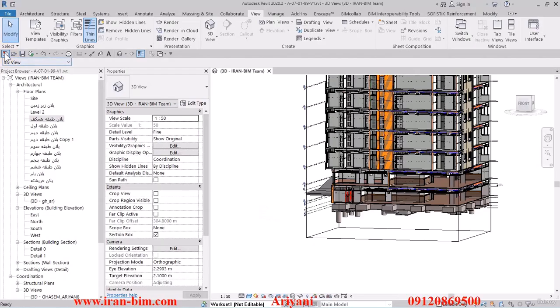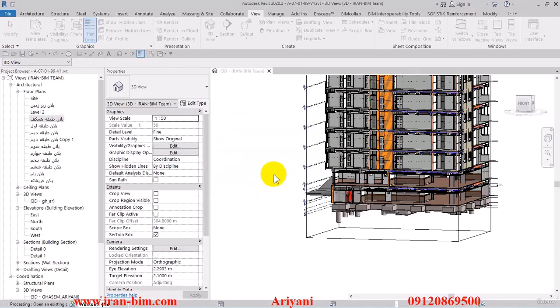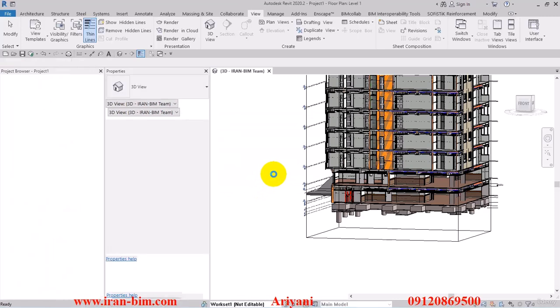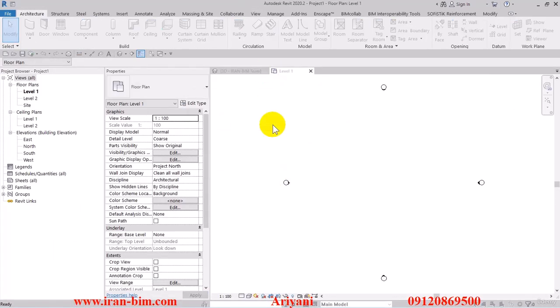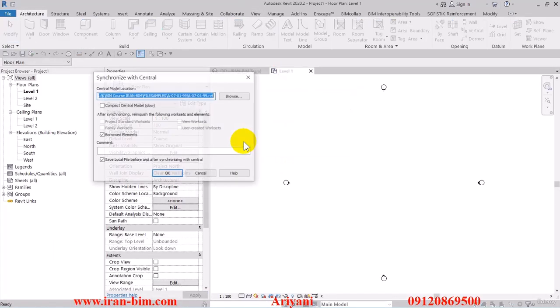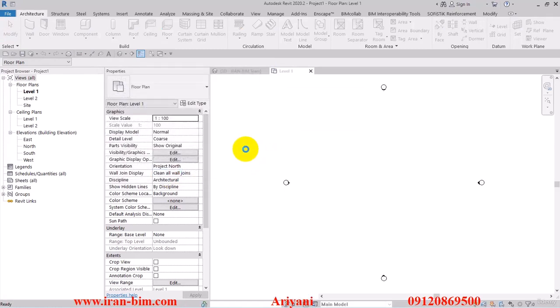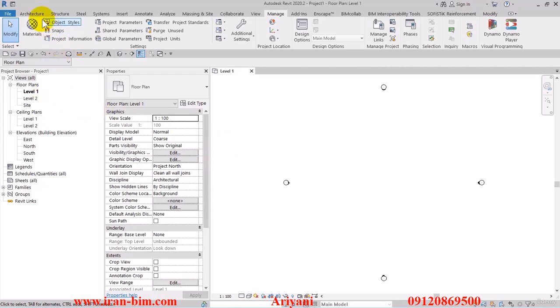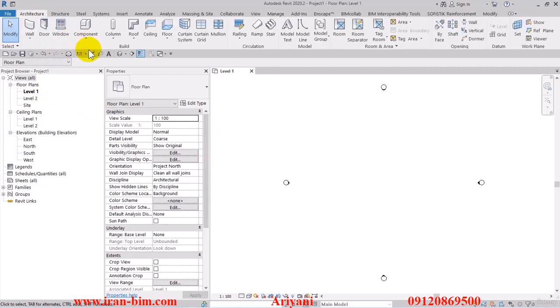So I'll open up a new project and then I'll close this tab here. Then select synchronize. Here check the compact box and then OK. Now we'll want to use the Dynamo tool in this section so that it can do our work automatically in some parts. So now for the next step, I think I'll go over to the structure tab and then use